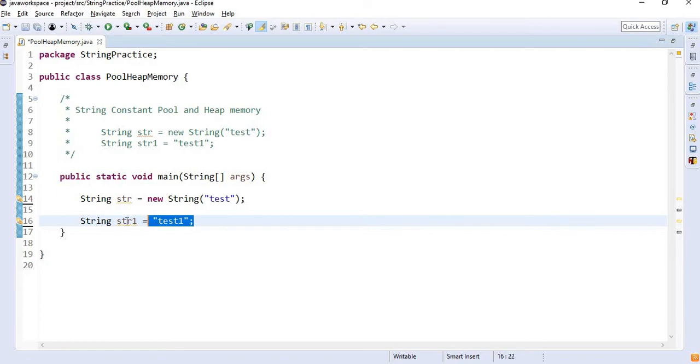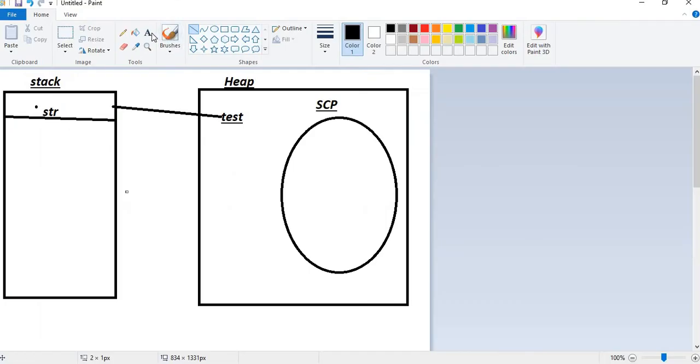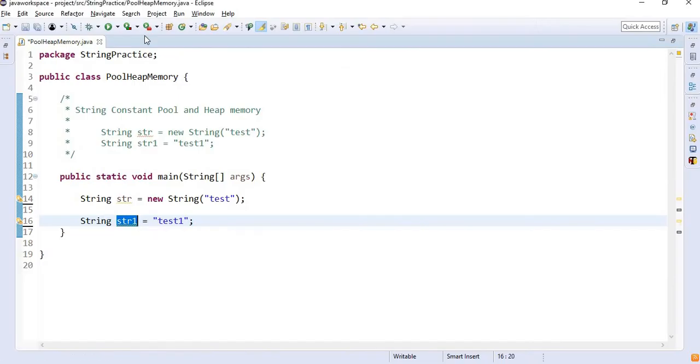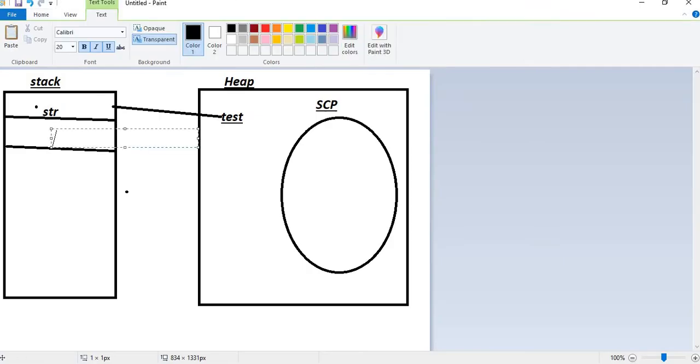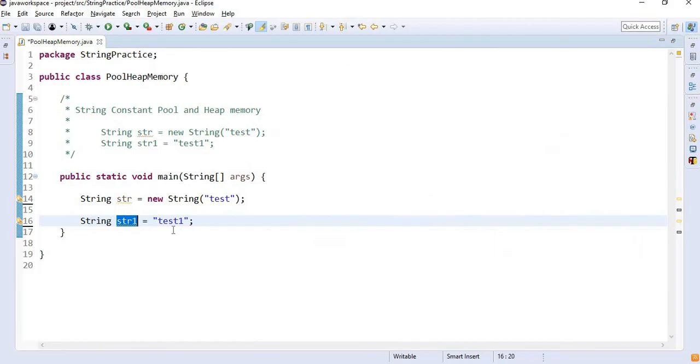The second statement I have is this: without the new keyword I have assigned a value to a string. Now this str1 will get created in stack memory, and the value of str1 is test1.